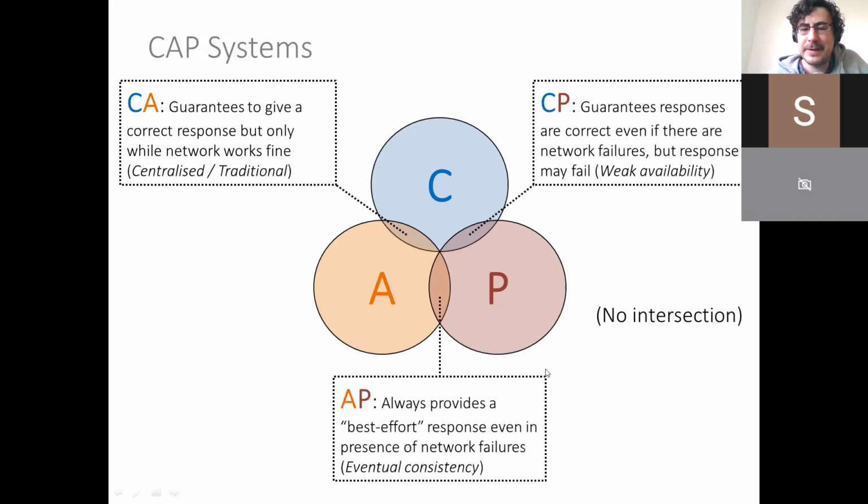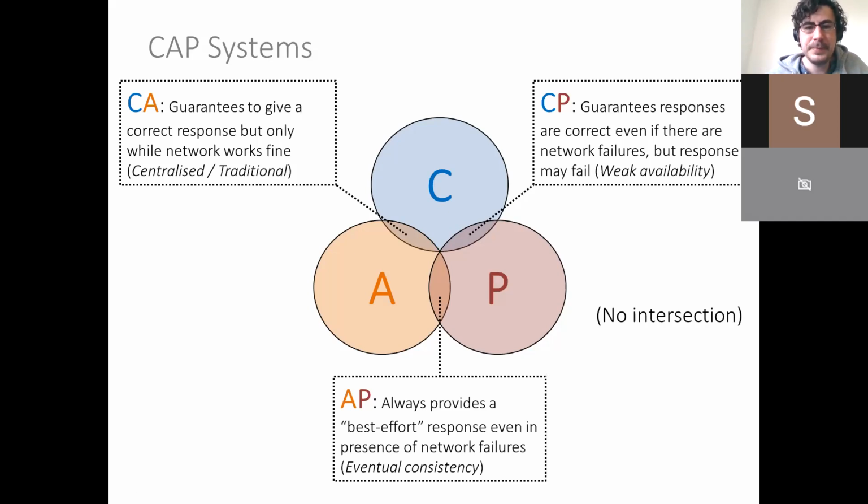The AP system is different. It will try to provide a best effort response, even in the case of network failures. So it's sort of like it will try its best to give the best possible response it can give right now, even if it's not strictly speaking the same answer that every node or every machine in the distributed system would return, even if it's not necessarily sure to be a consistent